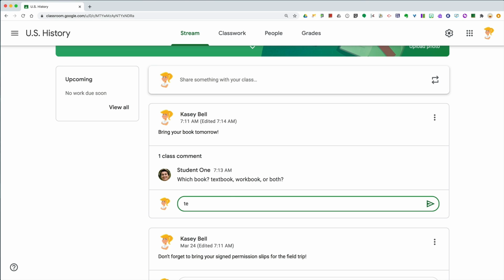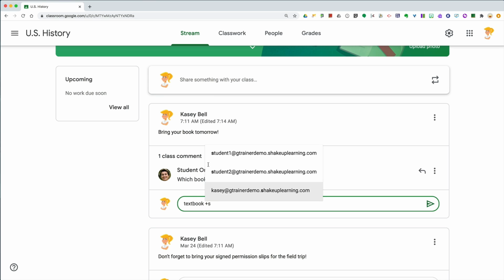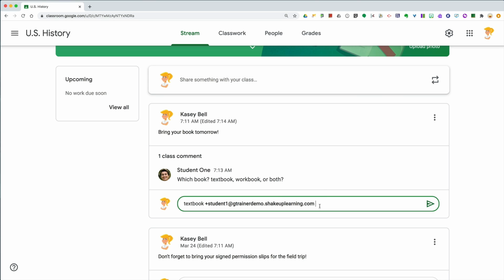So I'm going to respond with the answer, and I'm going to tag the student by typing the plus sign and then the student's email, and they often will pop up as your frequent contacts right there. And now I'm going to click send, and that student has now been tagged in the comments. So if you've used comments in docs, sheets, slides, anywhere else, it works the same way. You can tag